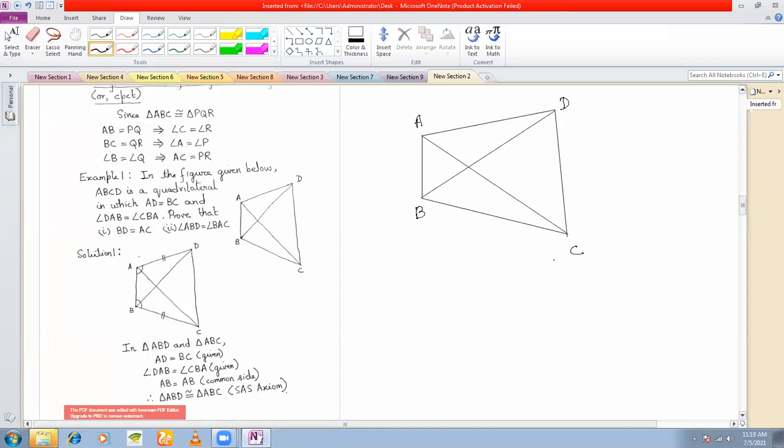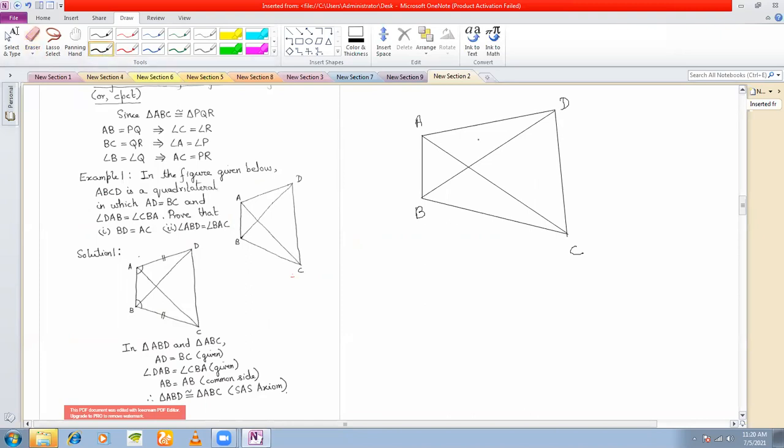Okay, this is the figure given. It is given that ABCD is a quadrilateral, which you can see, in which AD is equal to BC. So let's mark the sides that are given. See, I have drawn this diagram. This diagram is given to you. And this is the diagram that I have drawn. Why have I done it twice? Because this is the diagram that will be given in the question paper. And once you are answering, you will have to draw it here like this. Okay, in which all the sides, all the angles, whatever is given to be equal, you will mark them. Okay, just as I had given you instructions in your class 8.